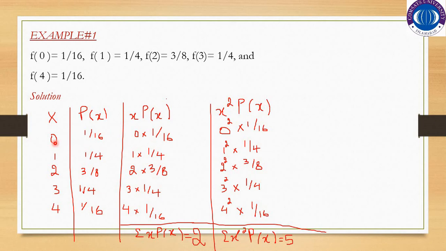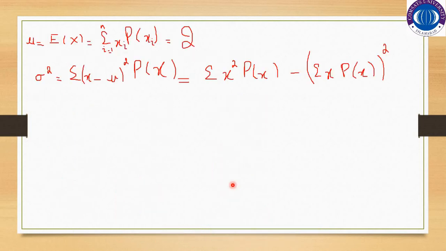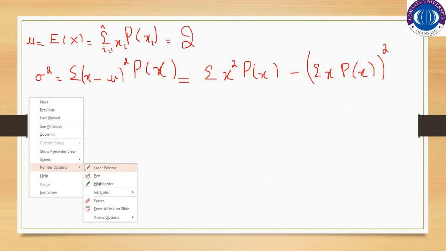Here x is 0 and P of x is 1 by 16. So it is 0 square into 1 by 16. X is 1 and P of x is 1 by 4. 1 square into 1 by 4. 2 square into 3 by 8. By calculating this whole column and by adding it, you will get summation x square into P of x, which is equal to 5. So by substituting these values in this particular formula of the variance, we can find out